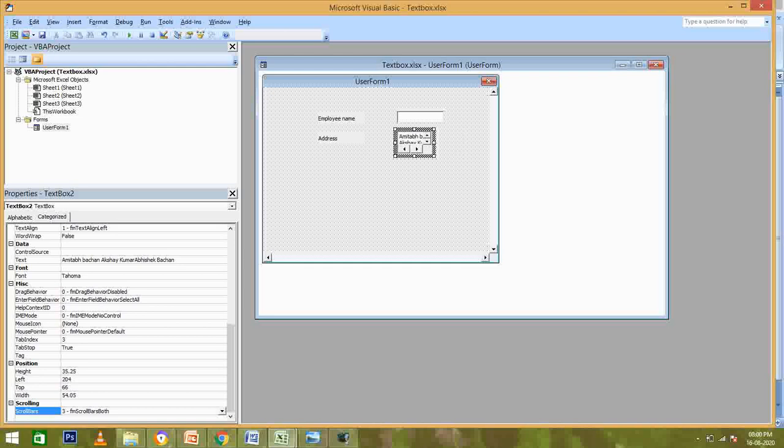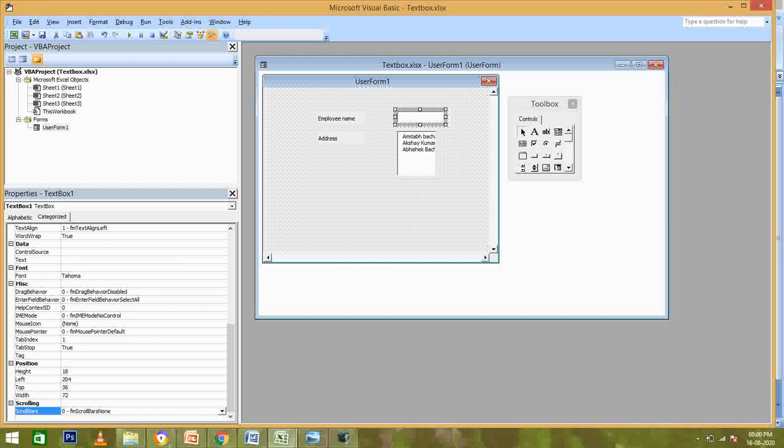If I increase it horizontally, the horizontal bar is removed. Only once the size of the box is filled will you see the scroll bars. We have also learned about positioning of the control in our previous videos, so I am not covering it this time.